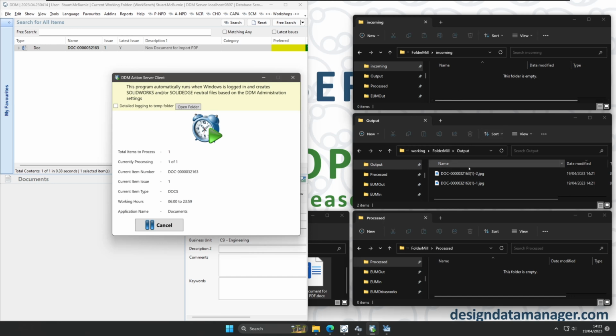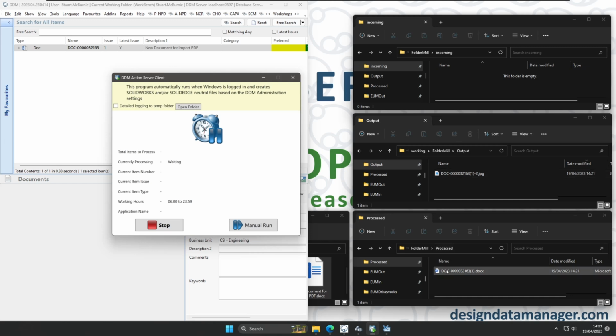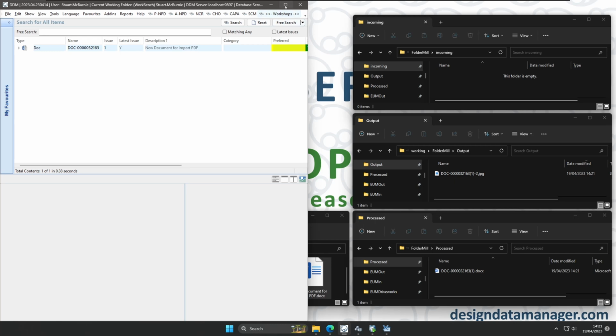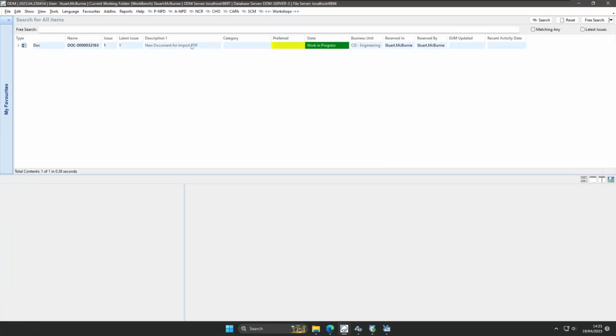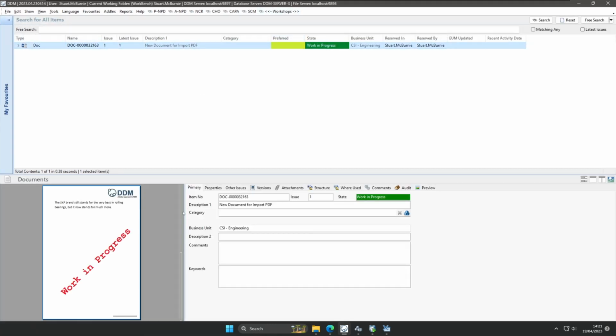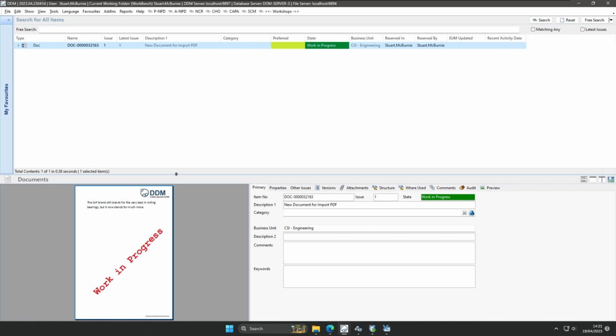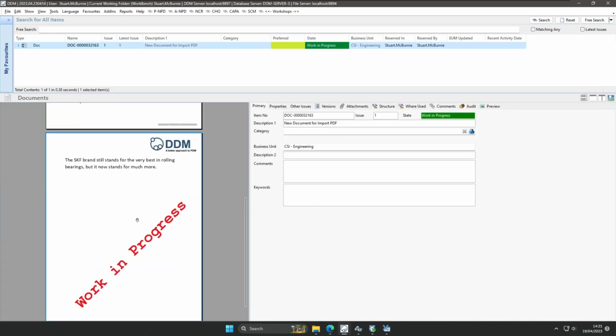So we see here, it's picked up this document. It's going to put the document, and it's happened already. We didn't even see it go in the incoming folder, but now these files have automatically been processed by the engine, and it's been cleared out. If I go back to DDM now, let's go full screen, and I select my document, what we now see here is our PDF of the document